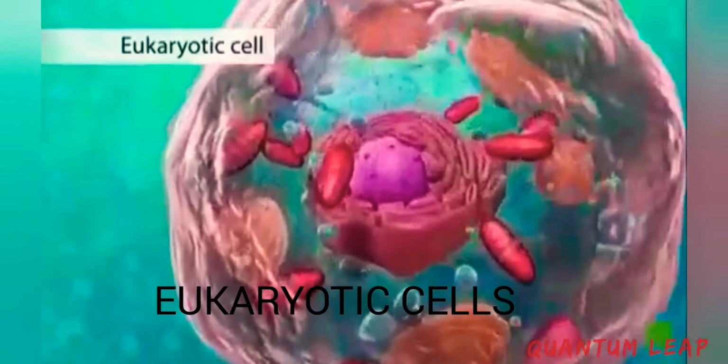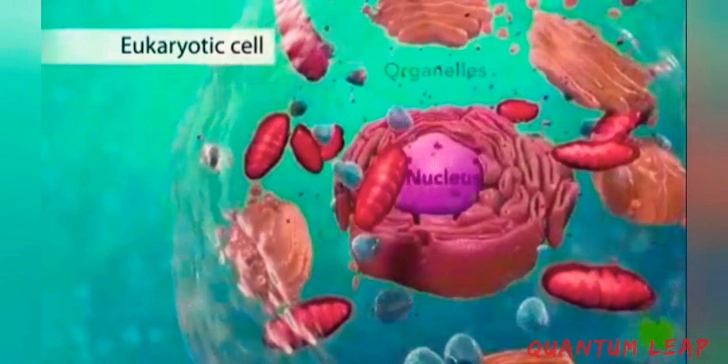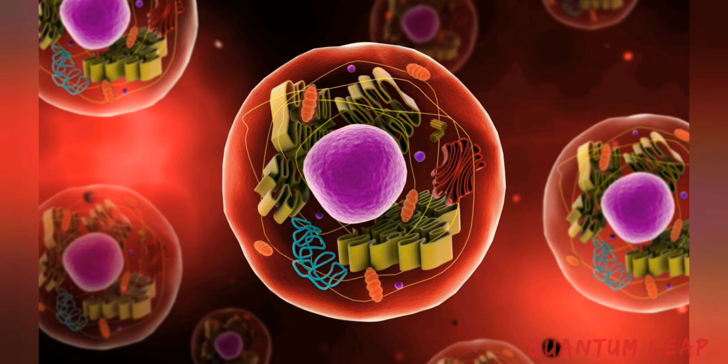Now we will study the eukaryotic cells. There is the presence of membrane-bound organelles, a well-developed nucleus with a nuclear membrane, and the cytoplasm. All eukaryotic cells are not identical. Plant and animal cells are different, as the former possess cell walls, plastids and a large central vacuole, which are absent in animal cells. You must remember that animal cells contain vacuoles but they are smaller in size compared to plant cells. On the other hand, animal cells have centrioles, which are absent in almost all plant cells.